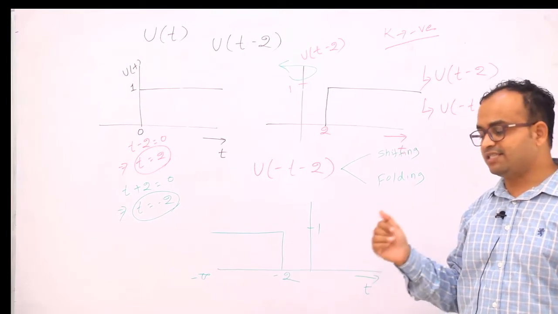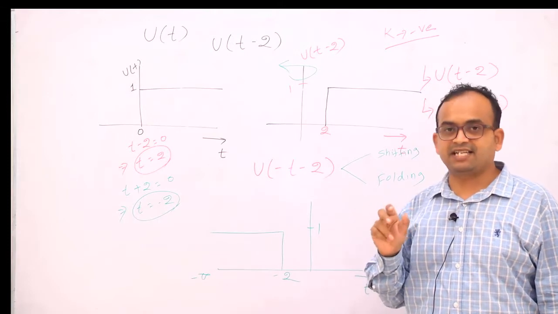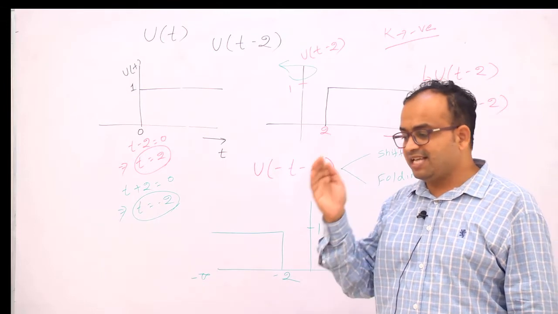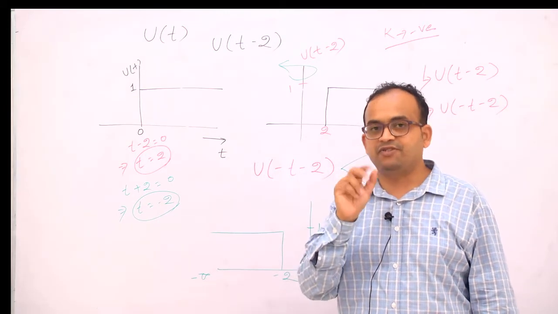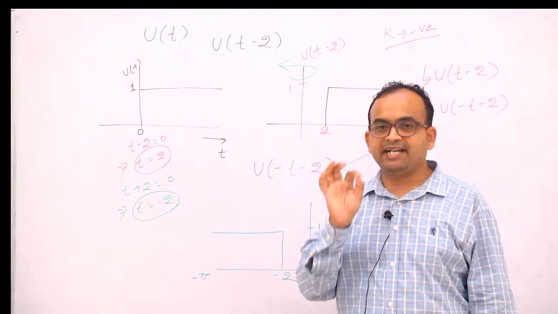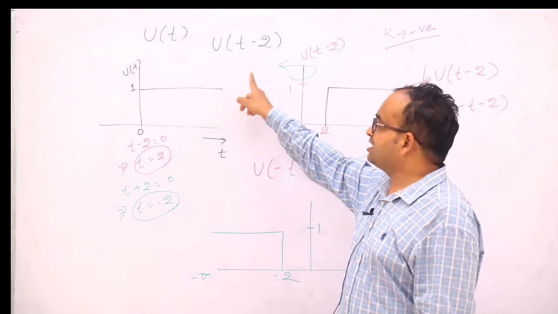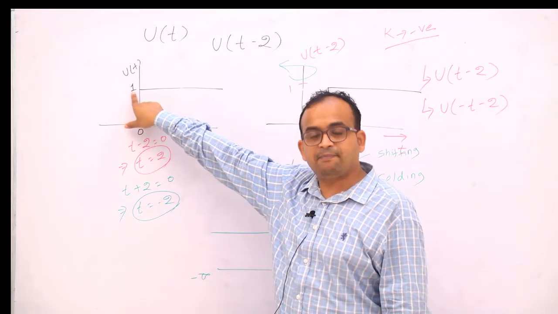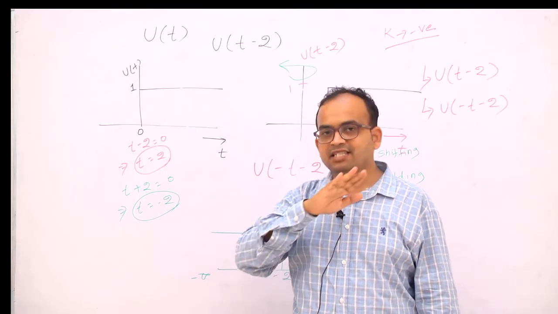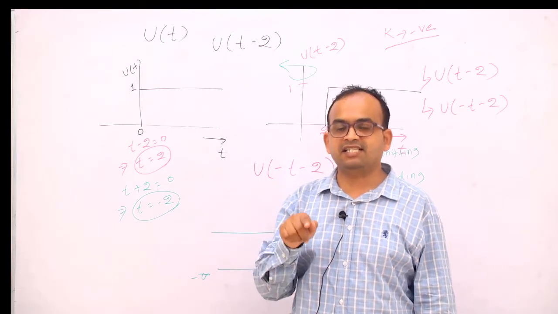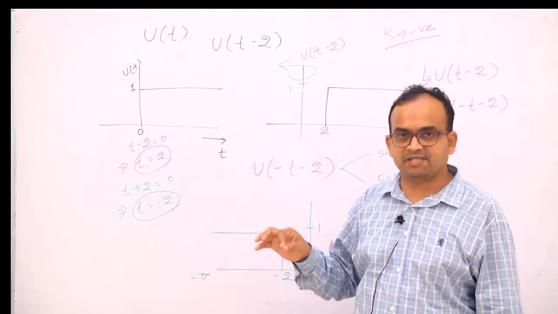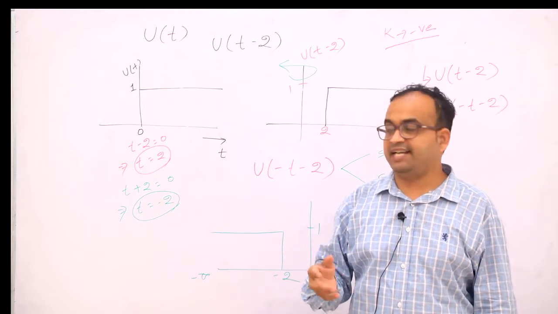Now next, if I take a ramp signal, how can I do the operation? Between the step signal and ramp signal there is something confusing, because in the ramp signal we are finding the slope part, whereas in the step signal, what I am writing here is the amplitude. If I write the ramp signal r of t, there is no concept of amplitude, there is the concept of slope, right? So I will show some examples on the ramp signal so that you will not be confused.